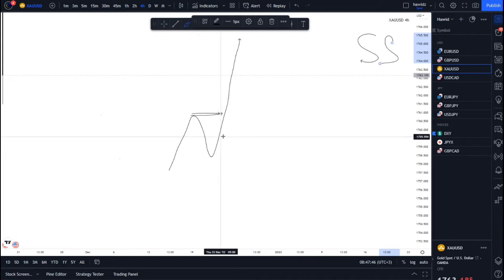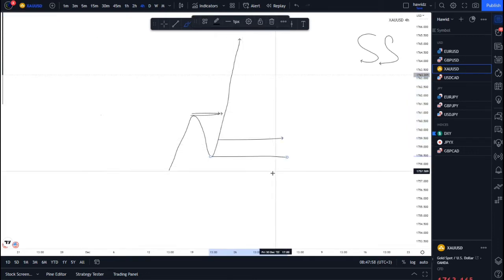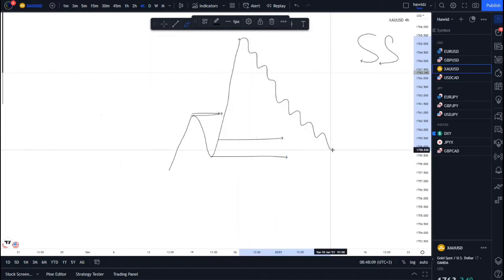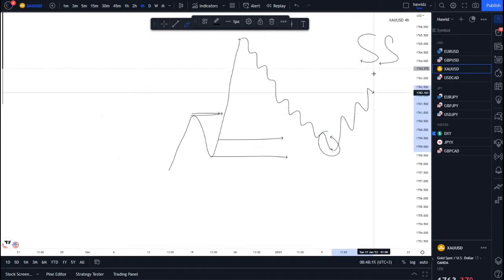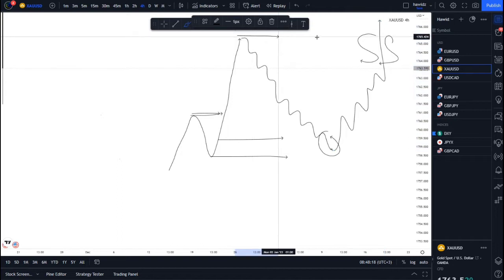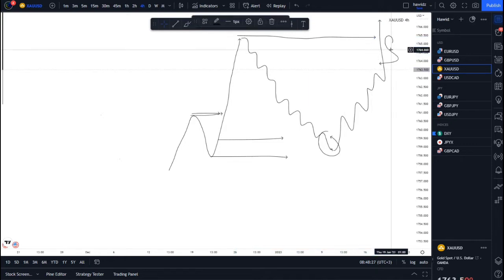So in this case, we're actually going to look for the last down move before the up move started, which is also the demand zone. And from the demand zone, we're going to seek that pullback through the intermediary trend, in which price is going to come here, mitigate this S&D zone, and then from here continue to its trend, which is the bullish trend, and come to take out this high as its next liquidity run. Now, from that understanding,